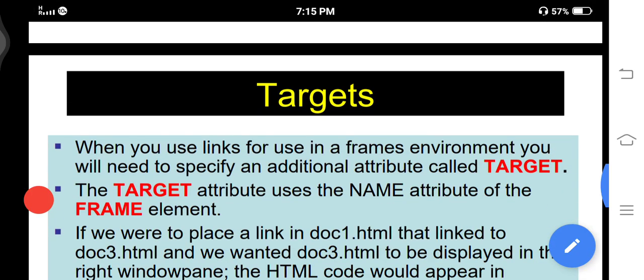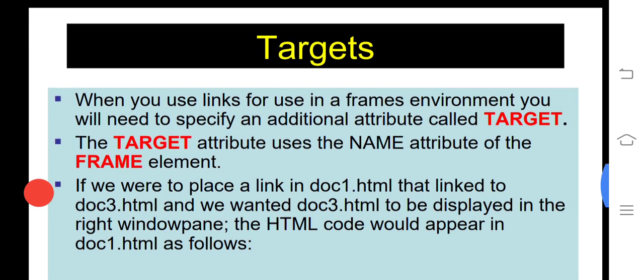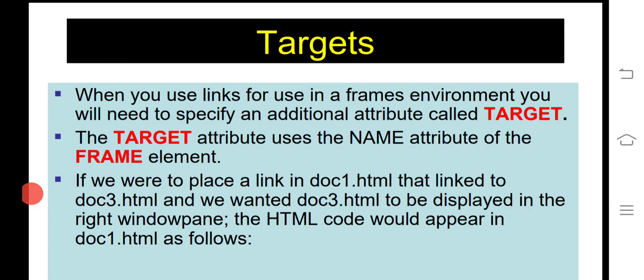Once the target is used in a frame environment, you need to specify the additional attribute target. Within the target attribute, use the name attribute of the frame element and target it.